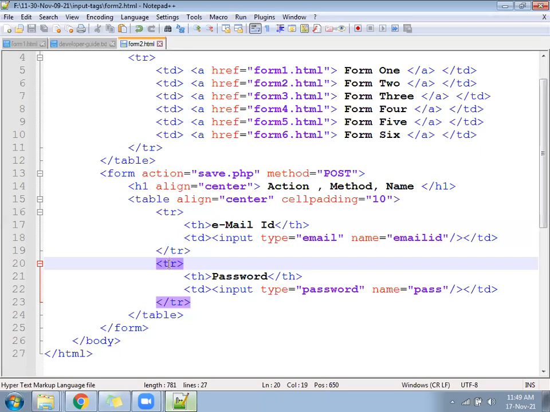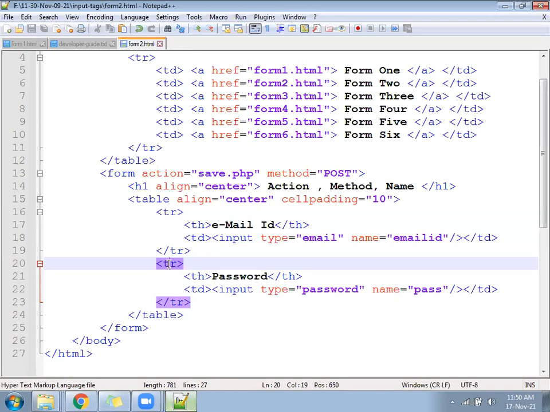Variable name is called email ID. And again, with the help of the name property, we are defining a variable called pass. You will open the page, you will enter your email ID, it will store under the email ID variable. You will enter abc@gmail.com, it will store under the email ID variable. You will enter password 123, it will go to that variable called pass. Another person will come, he will enter his email ID, ganesh@gmail.com, it will go to the email ID variable. He will enter password ABCD, it will go to the pass variable.